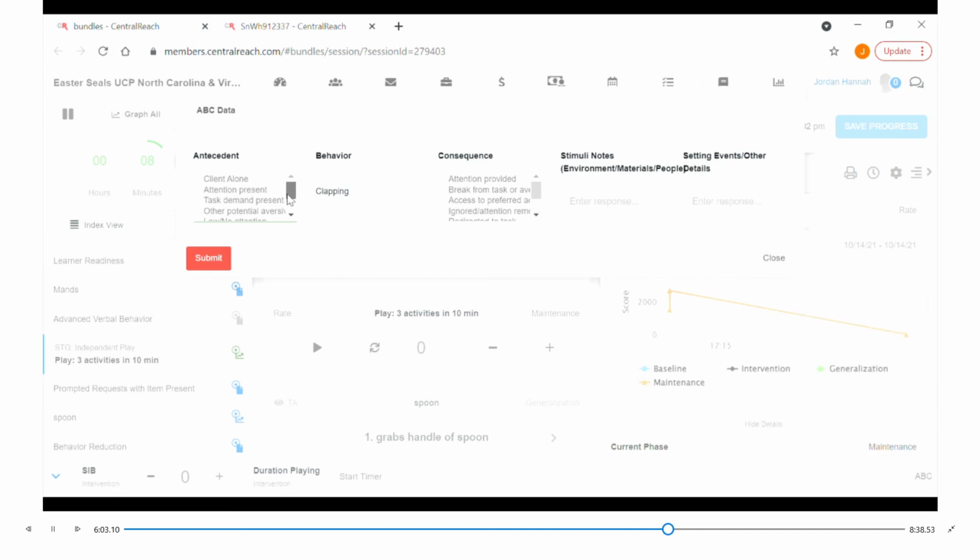So we'll say this to be low attention, child began clapping, and then attention was provided. So in stimuli notes, you want to provide a brief description of what the current environment was. So we'll say mom